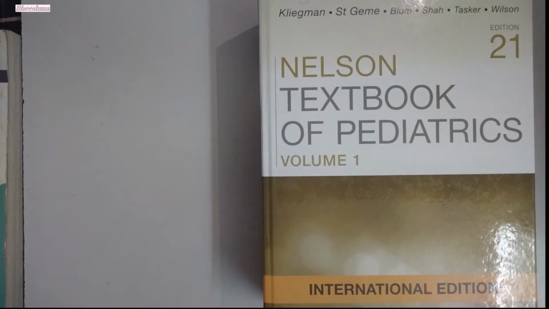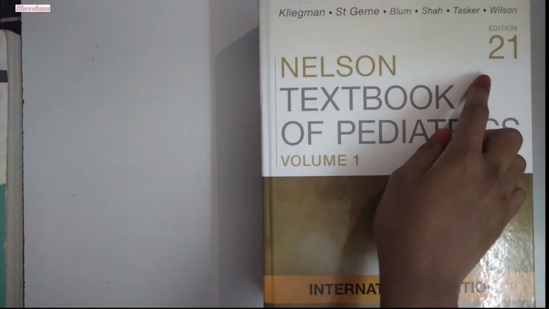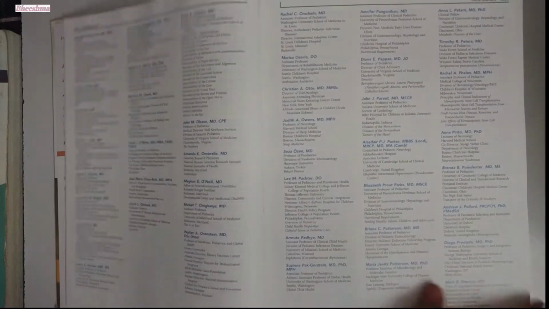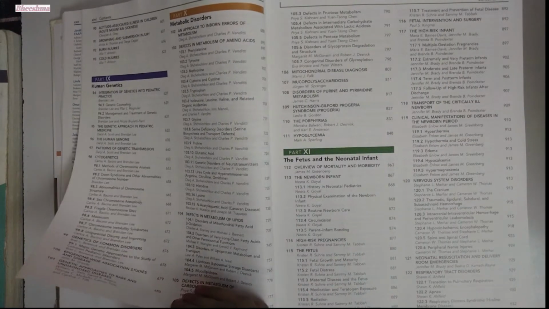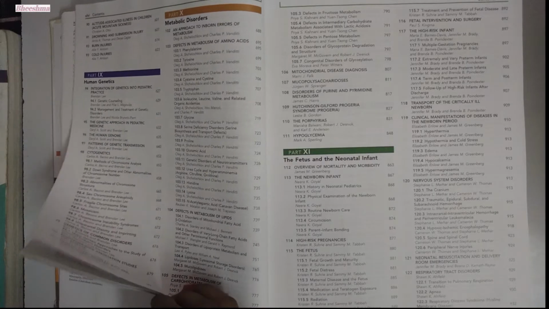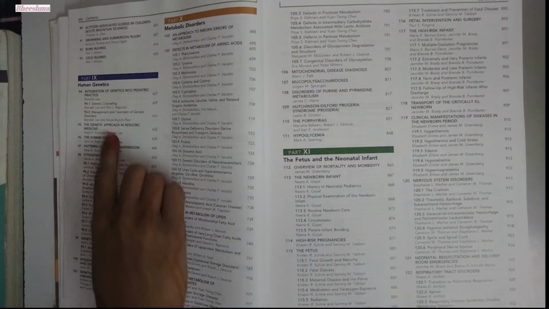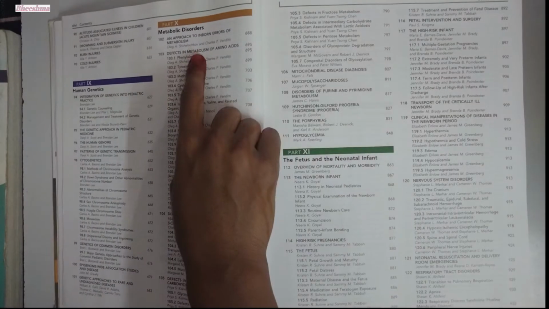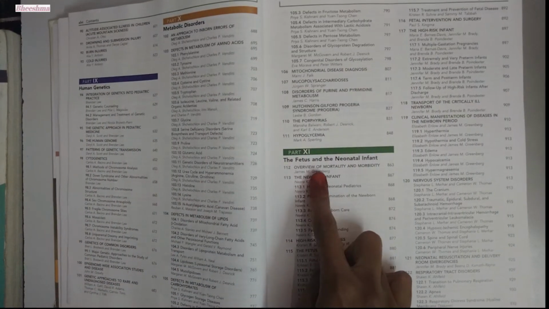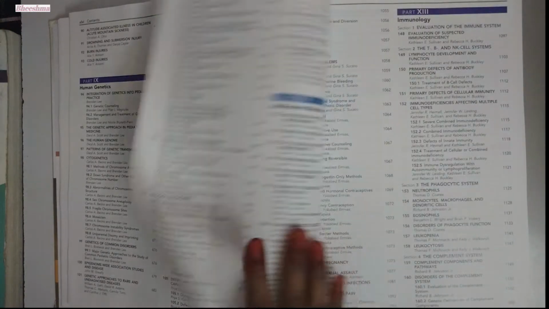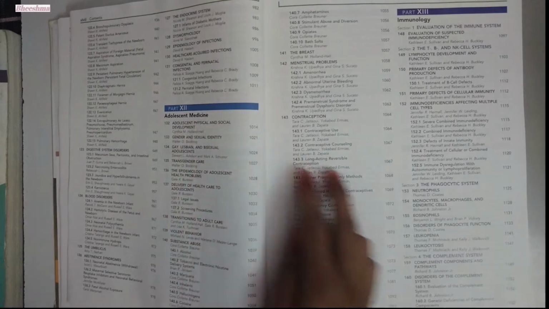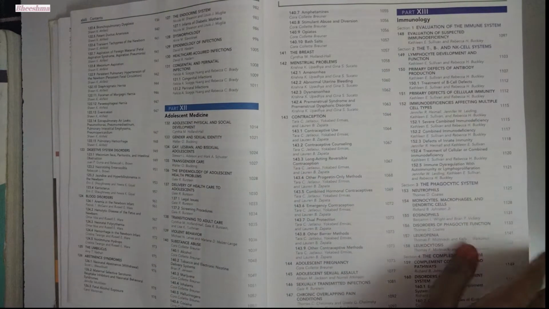Hi guys, let's see the review of Nelson Textbook of Pediatrics, volume number 1, 21st edition. From part 9, human genetics, part 10, metabolic disorders, part 11, the fetus and the neonatal infant, part 12, adolescent medicine, part 13, immunology,